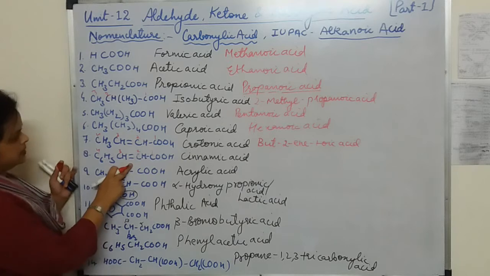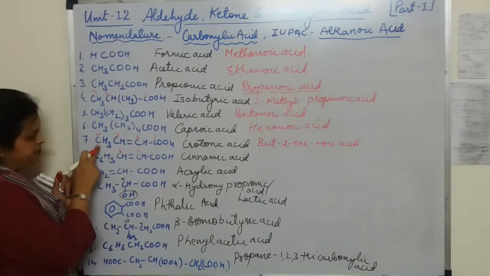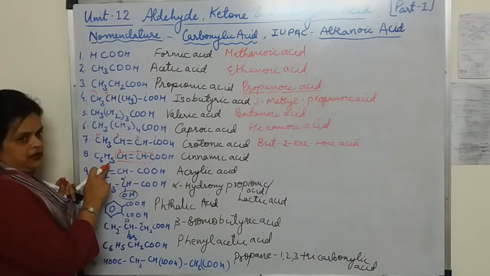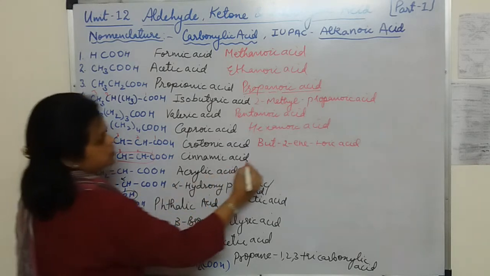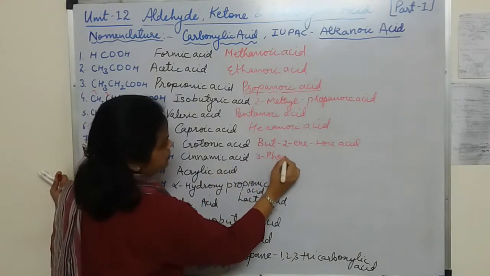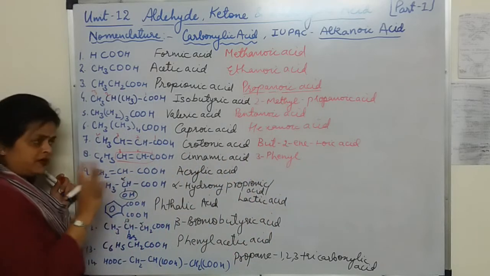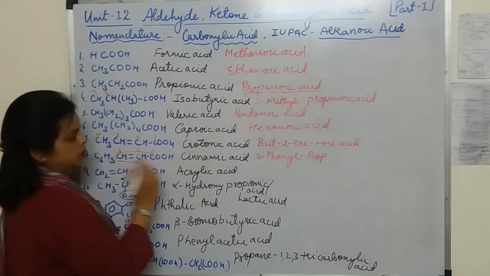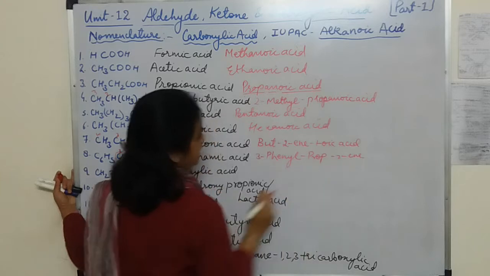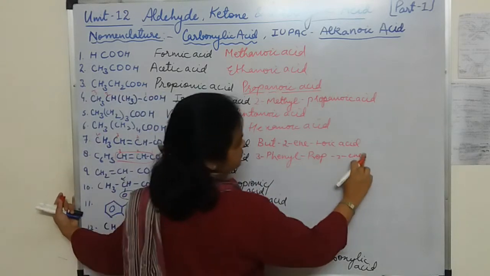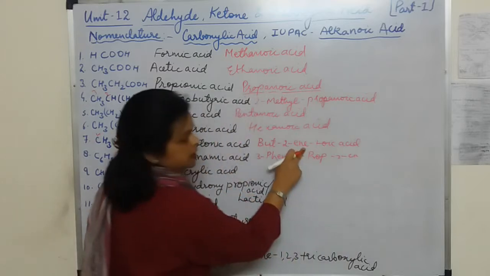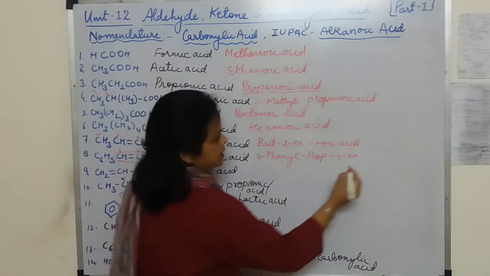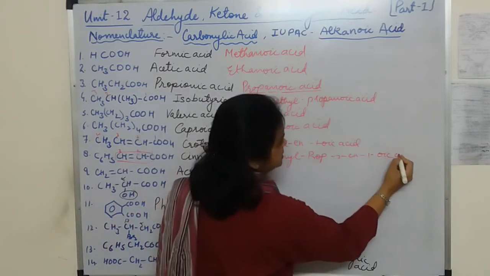Okay, now when we are writing the name, dear students, we cannot write 4 over here because this is the phenyl. So it will be the chain, okay, and 3 phenyl. We will give it as a substituent, it will be 3 phenyl. So we will write 3 phenyl, word root it will be 3 carbon, so prop. 3 phenyl prop, 2 ene, and then oic acid. So we will remove this e of ene. Students, here also you should remove, whenever the secondary suffix starts with a vowel, you should remove this e. Okay, 2 ene, 1 oic acid.